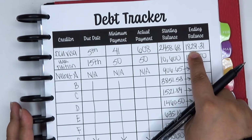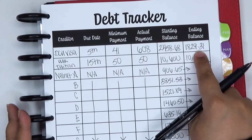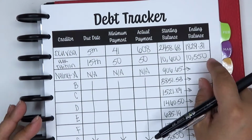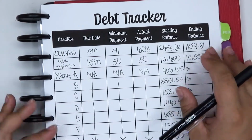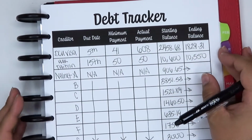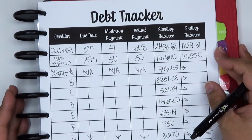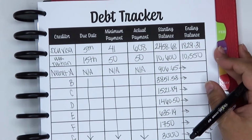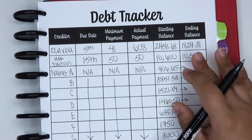I had a balance on this card of like $4,000 for the longest time, and seeing it below the $2,000 mark is so incredible, because when I hit my rock bottom, I was like, this is never gonna get paid off. It doesn't even matter anymore. And it's so exciting, because I'm already over halfway there, and it's gonna be paid off in a couple months, and I literally just want to cry, because it's like